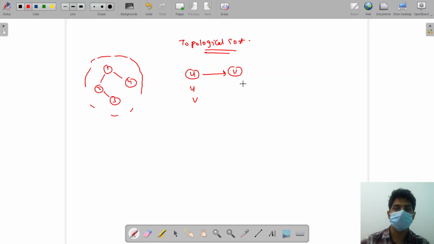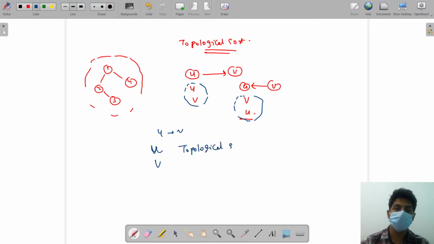And suppose the reverse case: if u and v are two nodes and the edge is from v to u, then the topological sort will be v u. So clearly you can see from these two examples that if there is an edge from u to v, then u will always come before v in the topological sort. This is what we have to do.